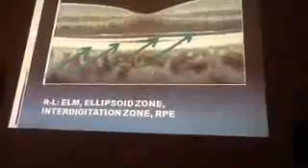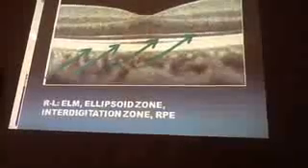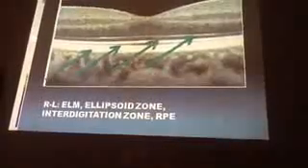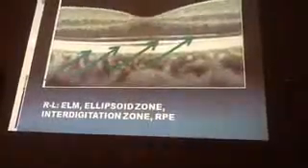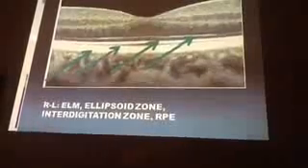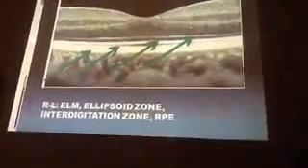Here you have the first hyperreflective line, the external limiting membrane. The next hyperreflective line is the ellipsoid zone, the junction of the inner and outer segments of the photoreceptor. Then you have the interdigitation zone, which is another hyperreflective line, and then you have the RPE. So these four hyperreflective lines must be identified when you are interpreting your OCT scan. It helps you identify which structure you're looking at that has a pathology.